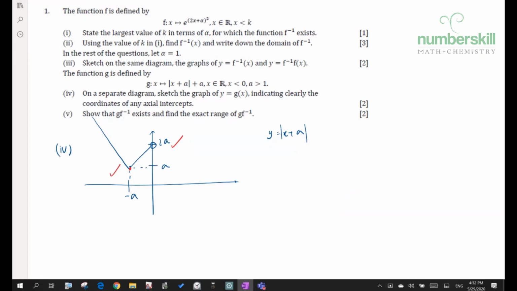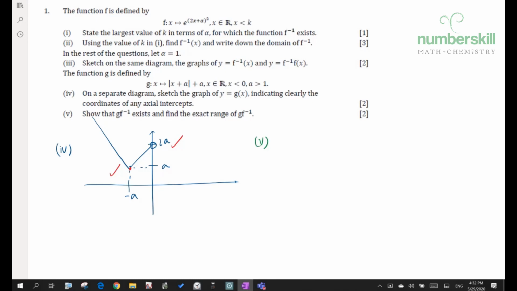Part 5 is the not so easy one, and this is the pain that many J1 students have when they first learn functions, right? Functions is actually very easy, but there's only one part that is really confusing, and this is the part, okay? And that's to find the exact range of a composite function when you can't draw it sometimes, okay? But first of all, let's talk about the show part first, right? You're supposed to show that the